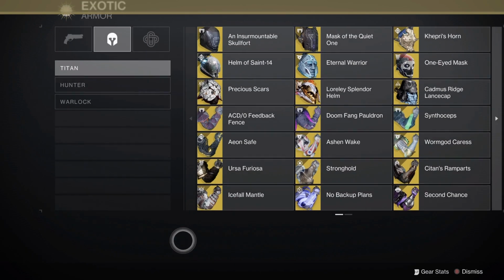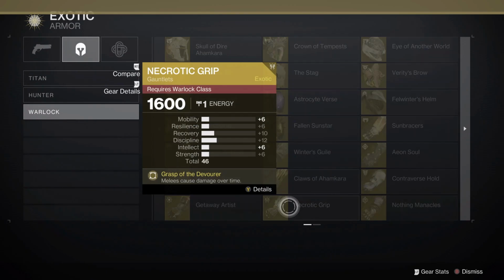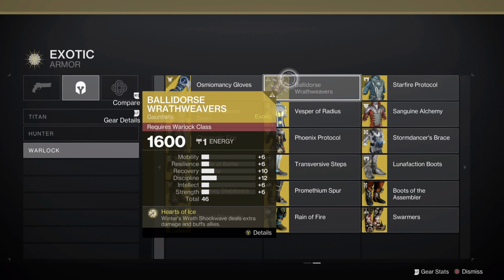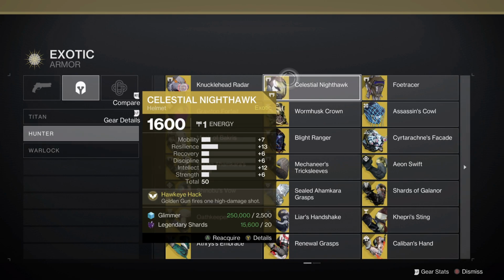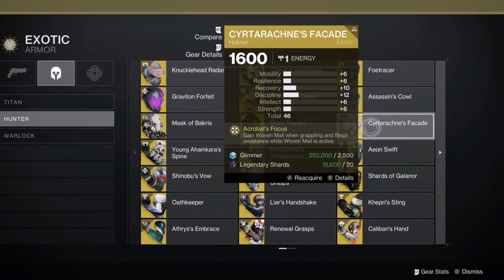the Titans, they got the Strand ones, and then they had the Cadmus Ridge Lance Cap, which is Diamond Lance and Stasis. Then the Warlocks as well, they got the Swarmers, and then as well the Baldor's Wrathweavers, which is another Stasis thing. Then you go to the Hunter, and yes, they of course got the Facade that boosts their